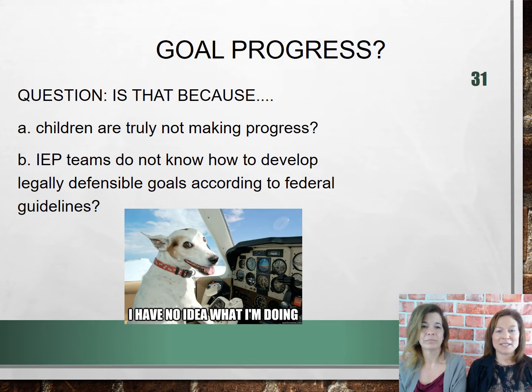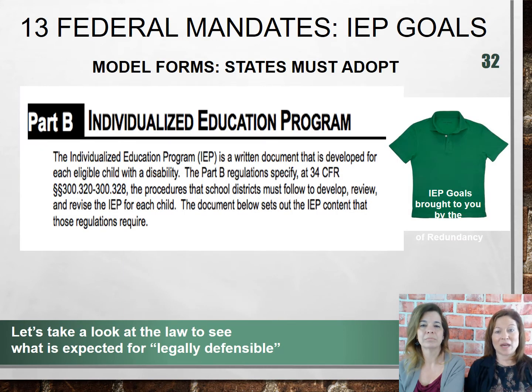So I've attended now, I'm at 3,100 something IEP meetings. Can you believe that? And that's been over 20 years. And what I've noticed is that IEP teams don't know how to develop goals. And I was part of that problem in the past too. I didn't have the training. I just kind of did whatever someone told me to do in the past, and I never sat down and really looked at what's required. But I really do believe that my students were making progress. I just couldn't necessarily develop it and explain it in the best way.